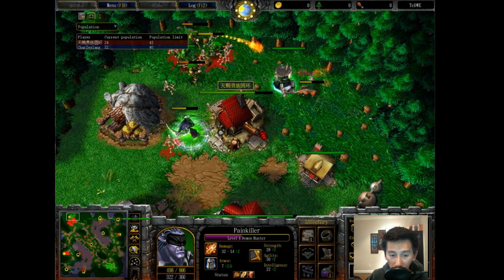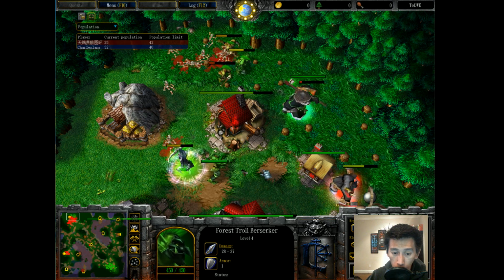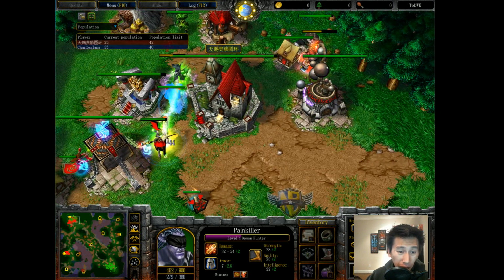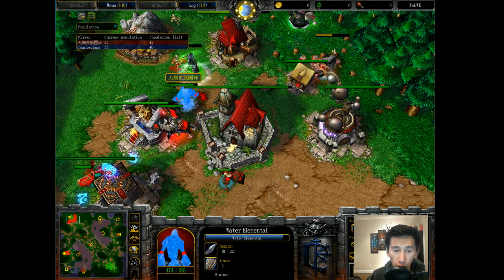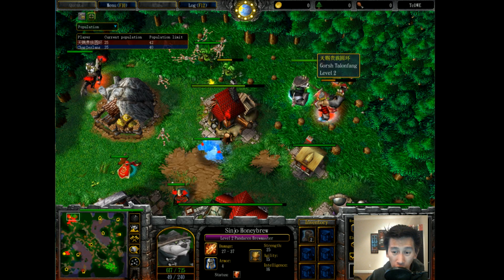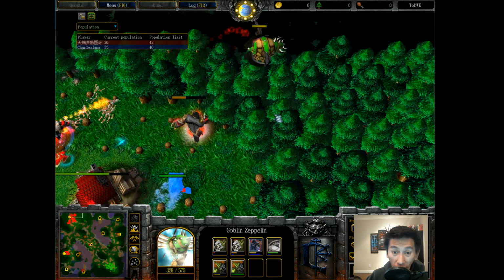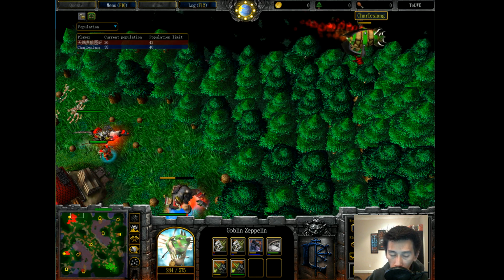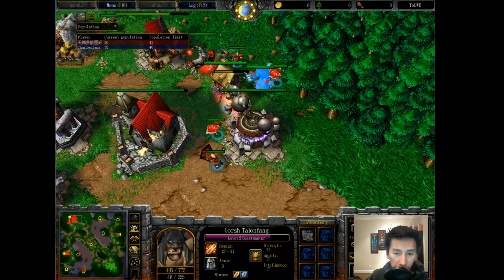Demon Hunter in a very good spot, will be able to mana burn once more as the Forest Troll Berserkers get in some extra damage. Mana burn a little bit late right there, unable to stop the Water Elemental from coming into play. You can see the Panda now going up against the Beastmaster, but there is an Unholy Aura from the Demon Hunter, Vampiric Aura, giving that...